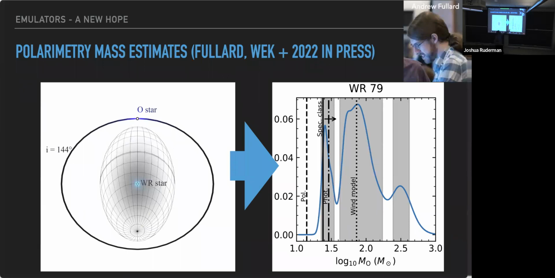But I wanted to show this because this is multimodal, and the multiple methods show you different modes of this. If you don't do the full thing, you will just see one of them. Essentially, the Wolf-Rayet star has a spherical wind, and when you see this at an angle, you have polarization signatures that break the sin i degeneracy for the mass estimation. What you really measure is sin i.